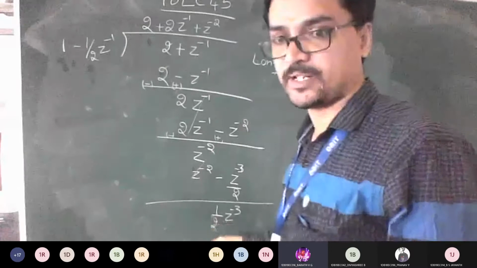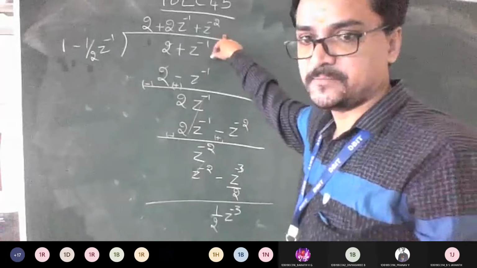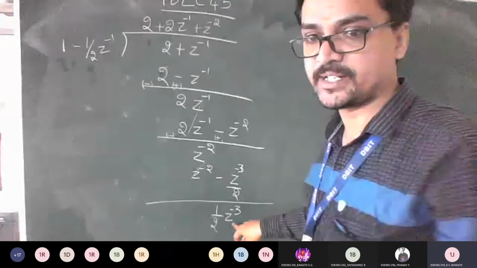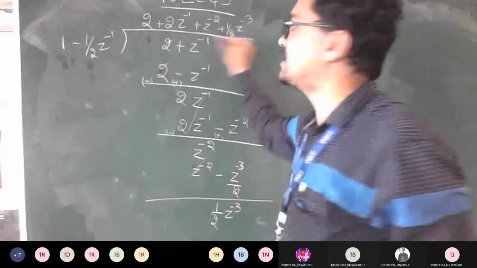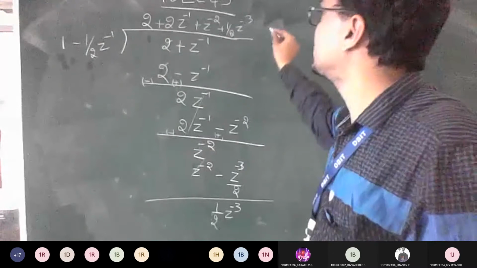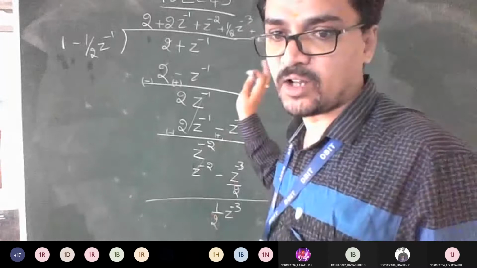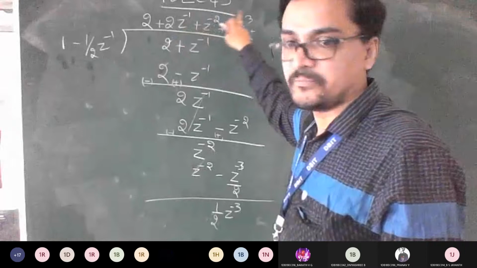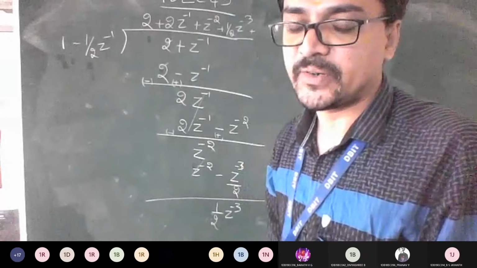So now let me take a few more values here. What should I take here? 1 by 2 z to the power minus 3, sir. So if you take plus 1 to z raised to minus 3, multiply this there and this will get cancelled. You take one more value, and so on. It will keep generating; it is not going to become 0. That is why it is called the long division technique or power series. You can see this expansion, minus 1, minus 2, minus 3, minus 4, and so on. Your series is expanding. Am I clear till here, everyone?